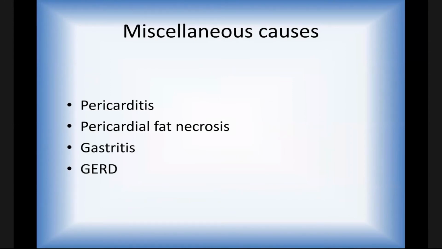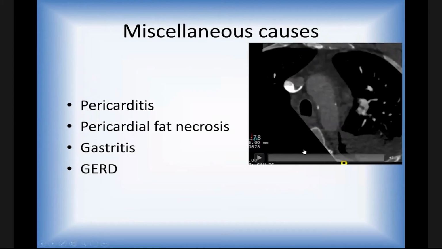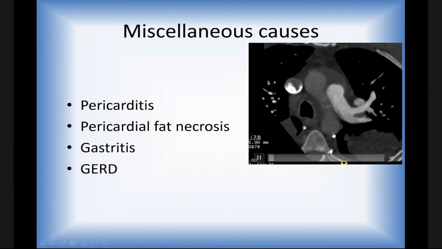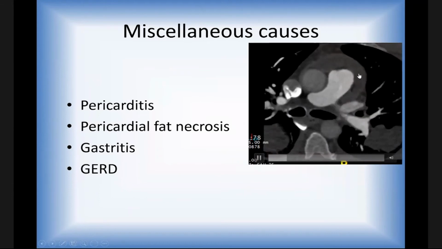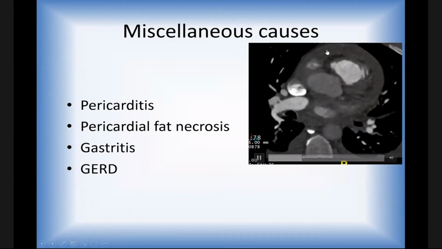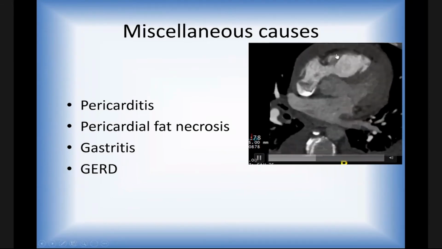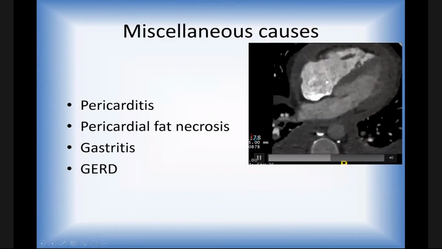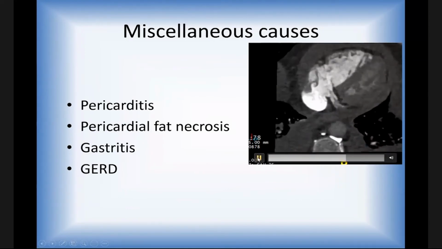The patient eventually got a cardiac stent later, and there are miscellaneous causes of acute chest pain: pericarditis, pericardial fat necrosis, gastritis, GERD, or even pneumonia can cause chest pain. I'll show you a few examples here. This person has pericarditis here, very thick and enhancing pericardium. It was a case that I did,